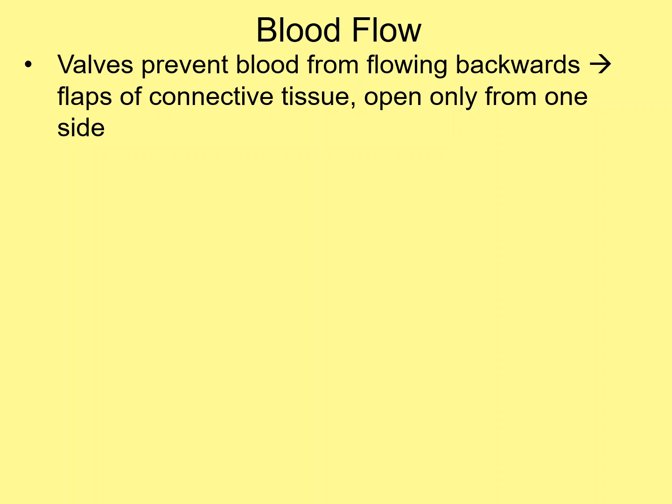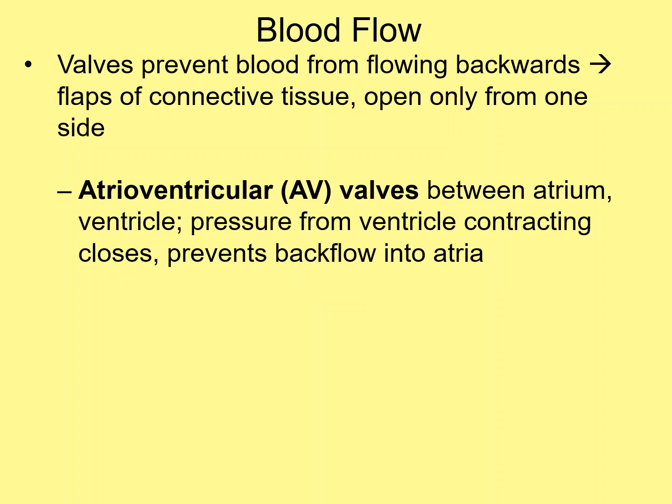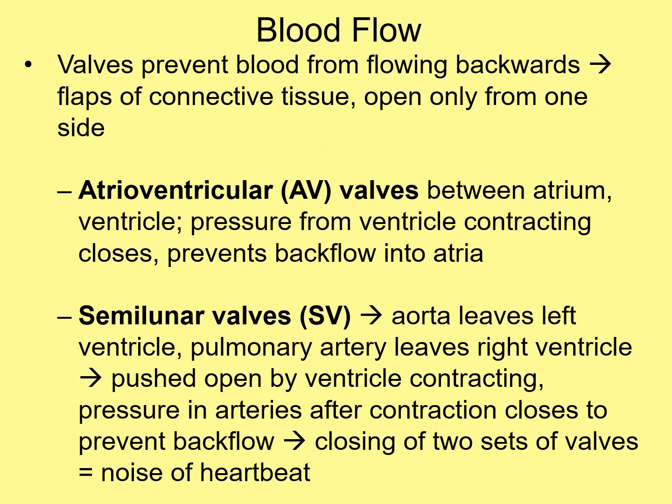the valve slams shut, right? And then, of course, you have that followed by a contraction of the ventricle, which forces the next valve open, allowing the blood to flow from the ventricle, out of the heart. And then as the ventricle relaxes, the valve slams shut. So our atrioventricular valves, aka the AV valves, are the first one. Those are the ones between the atrium and the ventricle. And of course, when they shut, that prevents the flow of blood from going back into the atria. Likewise, our semilunar valves,